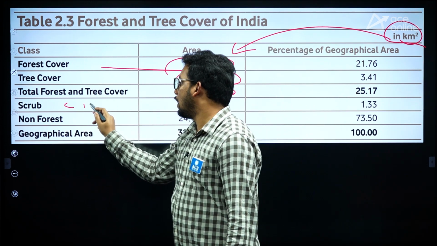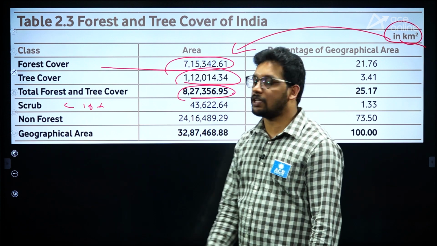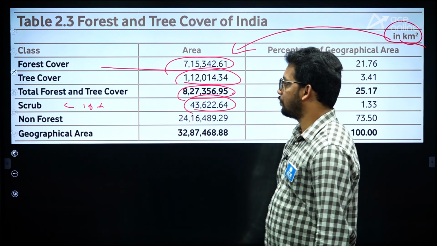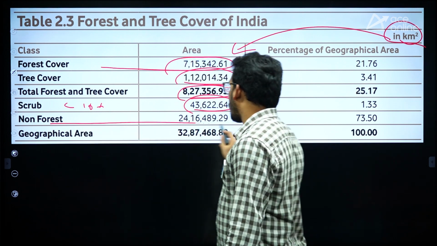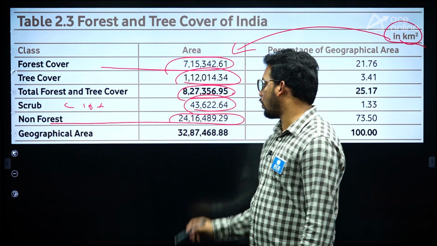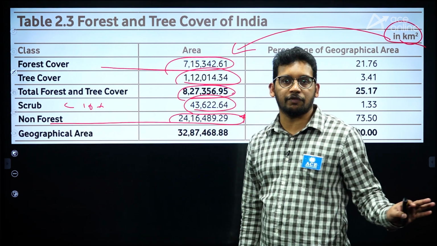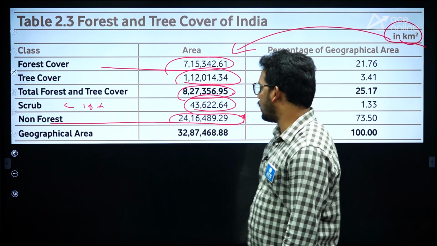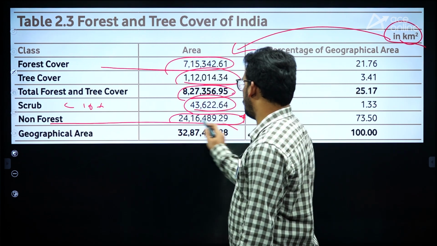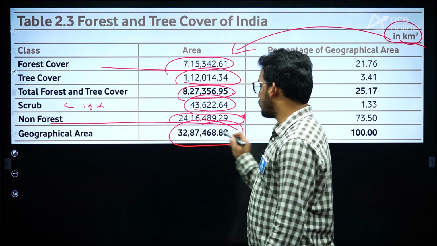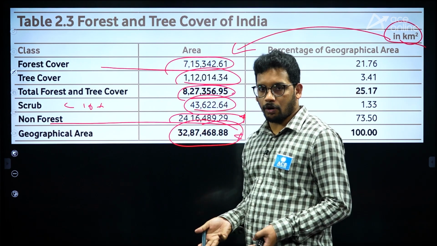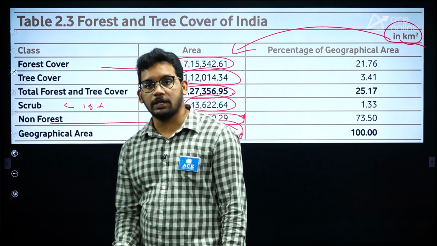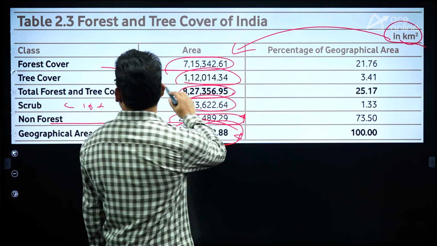And what is scrub? Less than 10% canopy with green cover, that is 43,622.64. And the total non-forest, that means area not used for any of the forest criteria, is 24,16,489.29 square kilometers. The total area of India is obviously 3.28 million square kilometers. So you have to remember these numbers. And the percentage of forest cover is